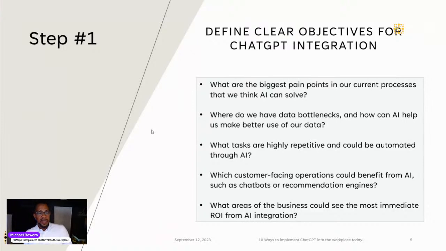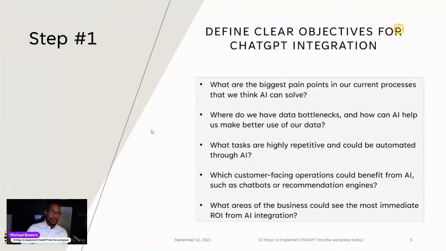Another one is tasks that you're doing over and over and over again. For one client, we're going to be implementing a CRM, which is going to do a lot of that automation for them, but we're going to be using ChatGPT to build out that CRM. The issue is engaging with customers, specifically collections and getting paid, so having something that creates automation for them is important. Even though we're introducing a CRM into that environment, we're using ChatGPT to build it out and have the tone match the company's tone.